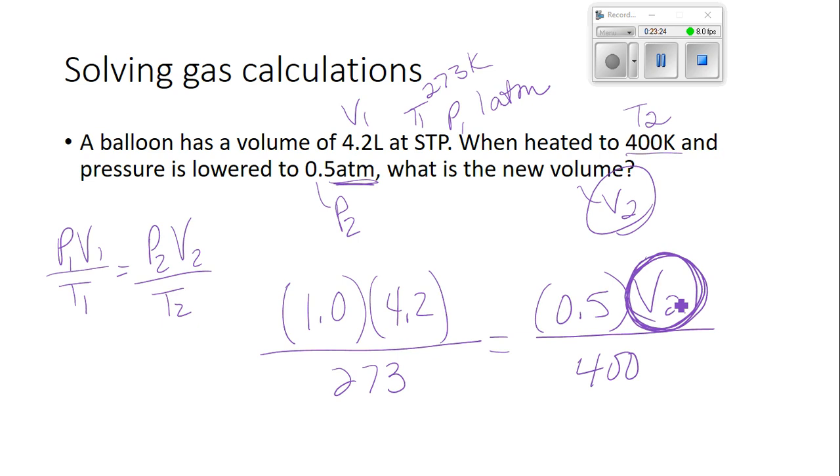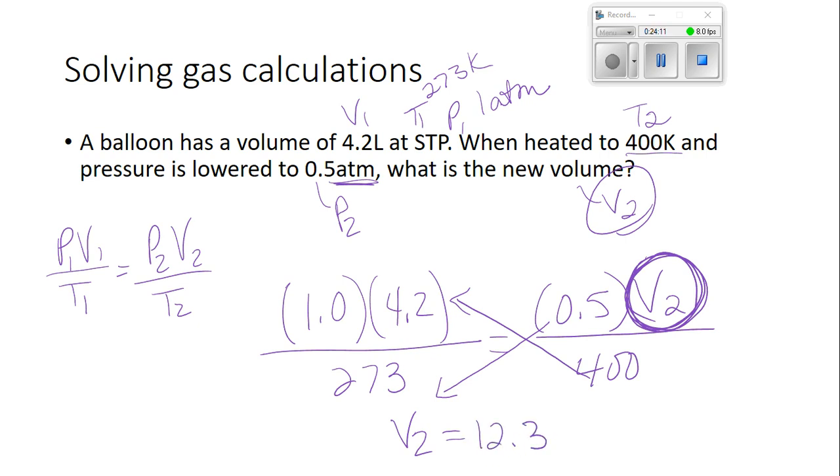This is what I want to stay all by itself on that side. That is my X. So to cross multiply, you go down here and you go up here. So now I am physically punching into my calculator. I am punching 1 times 4.2 times 400 equals. And then I go divided by 273 equals, divided by 0.5 equals. So that means my V2 is equal to